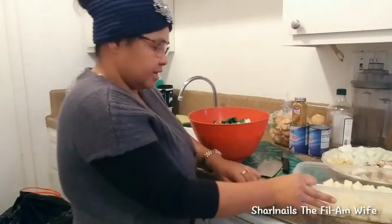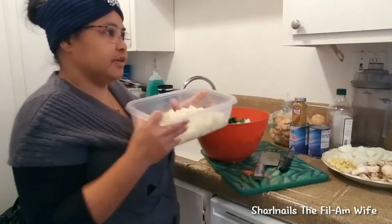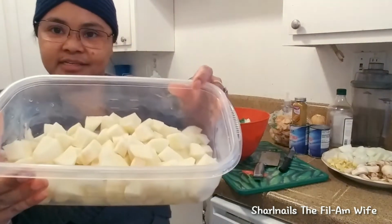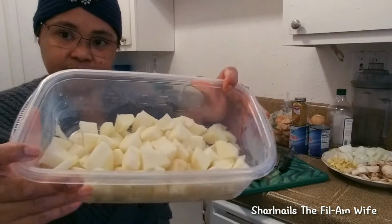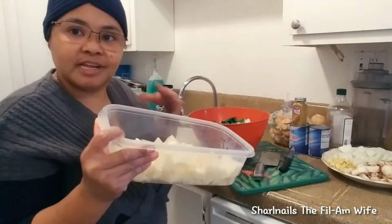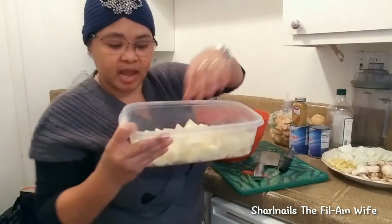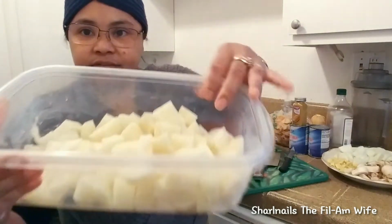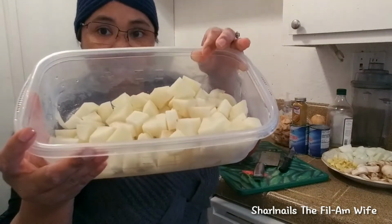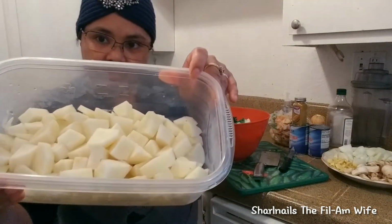First, the very first vegetable or ingredient when you make a curry is potatoes. I already cut them into small cubes. I cut them smaller because this is not with meat, it's all vegetables, so I have to cut the potatoes into small cubes so that they will cook easier or quicker. So potatoes,